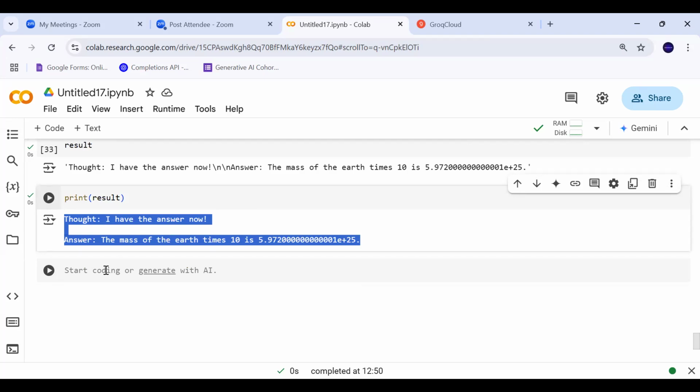So every time we are passing the observation as the input, because we are in a loop. In order to complete that loop, we are doing it manually. Otherwise, what we need to do is create the prompt and get the action, then execute the action, and then send the result back to the LLM to decide the next step. And it will decide, okay, now I need to call another action, which is calculate.